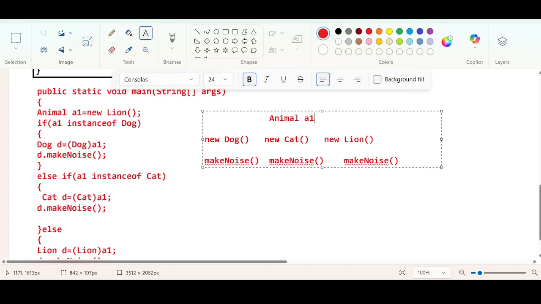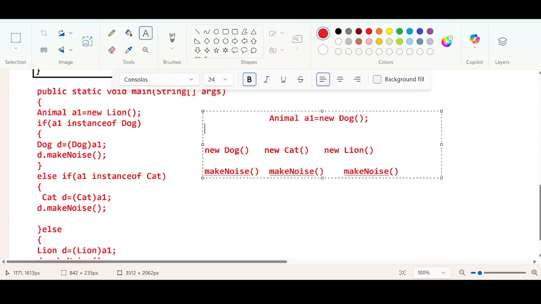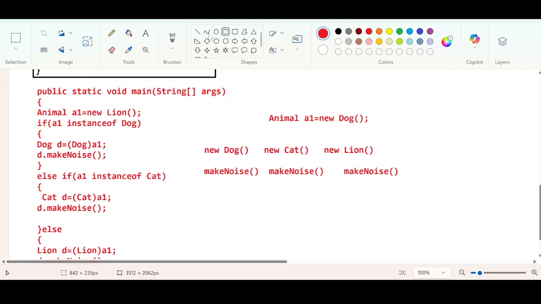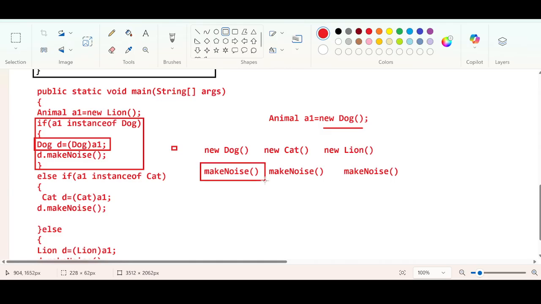So what you're trying to do at runtime, if you just pass new Dog and you typecast this reference variable, you're checking whether the object is of dog type. You are doing the downcasting and you are executing the specific method of the dog class, which is make noise. Likewise, if you are passing the cat object at runtime instead of dog,